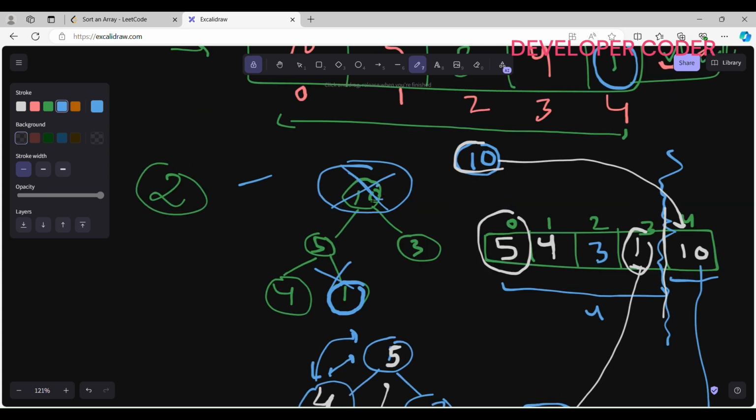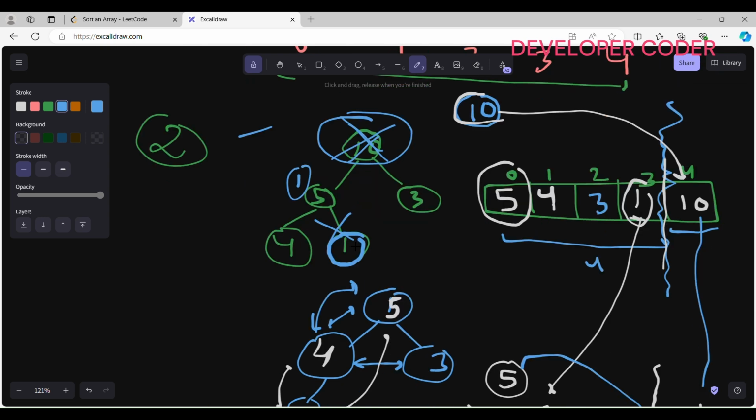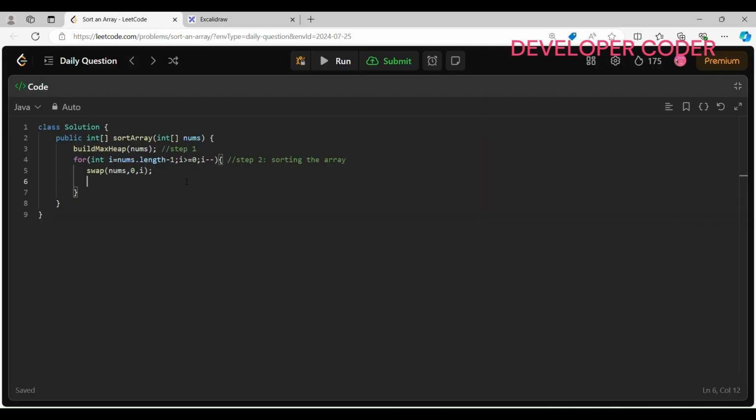Okay, so after removing this 10, this 1 will go here, then 1 is smaller than this 5, then we did the swap. Then this 1 will come here, and I have to do the swap with 4. All these things that we did. So again I have to call heapify. Here I'm going to call one method, heapify,